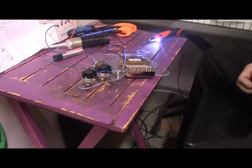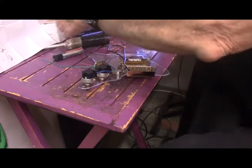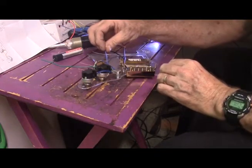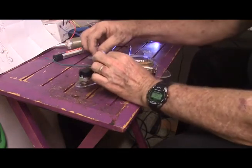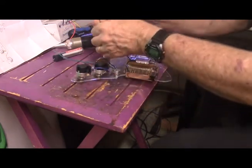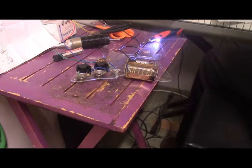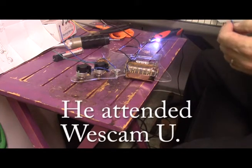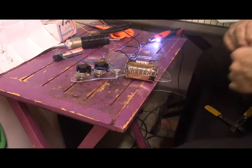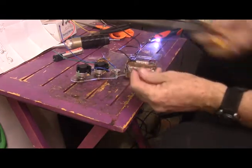What colored wire do I want to use? I think I'll stick with the blue just because it's fairly unobtrusive. So if I'm going from there to there, I need about that much. So again, my precise measurements. Yeah, I went to school to learn how to do that. The nice thing is, that's as precise as you need to get with most of this stuff. So, this thing here,